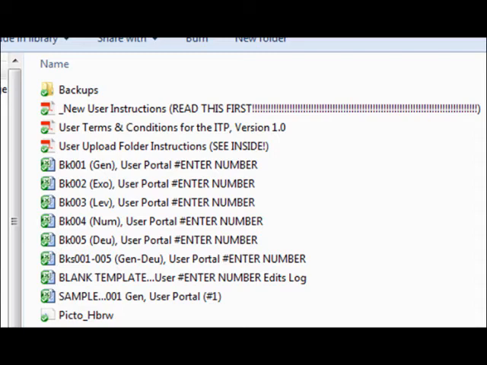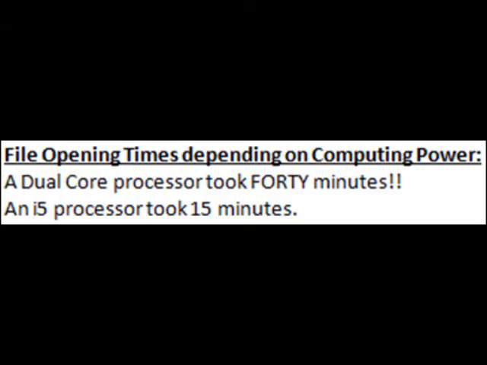The combined Genesis through Deuteronomy file is quite large for an Excel file. So depending on what kind of computing power your machine has, your computer, your laptop, whatever, you might need to use the individual book files instead of the combined book files. For example, I have a couple computers at my disposal. One is a dual-core processor, and the other is an i5 processor. And these are the times it took to open the files. I think these are the times it took to open the combined file. It took 40 minutes with the dual core, and it took 15 minutes with the